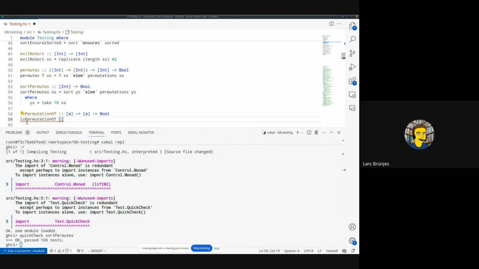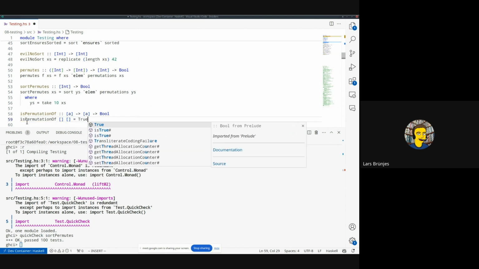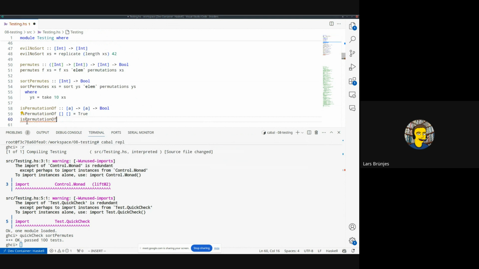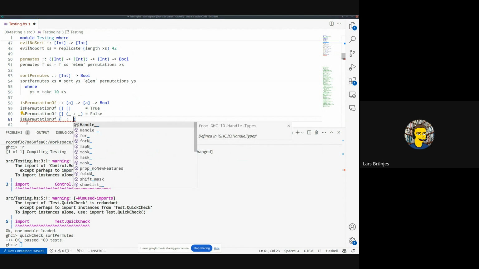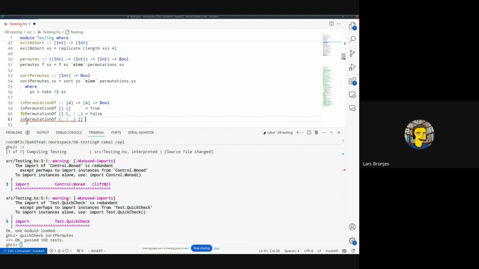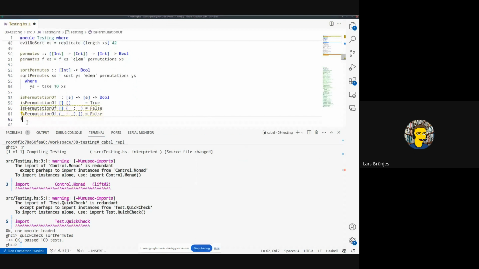If I have the empty list, it is a permutation of itself. If I have the empty list and a non-empty list, then that's false. If I have a non-empty list and the empty list, it's also false. And finally, the interesting case, if I have two non-empty lists,